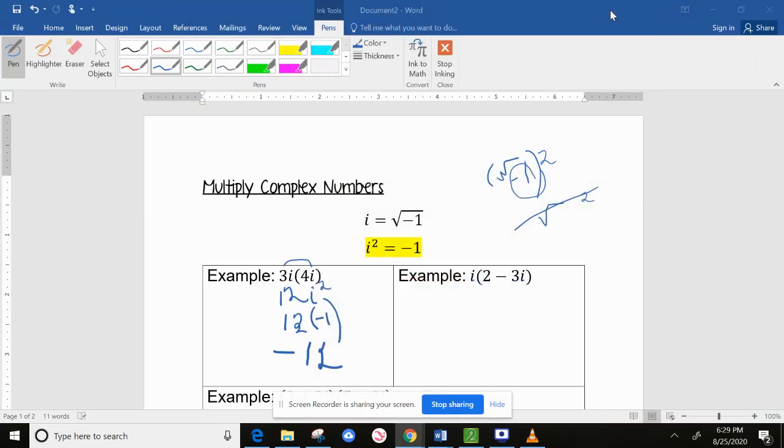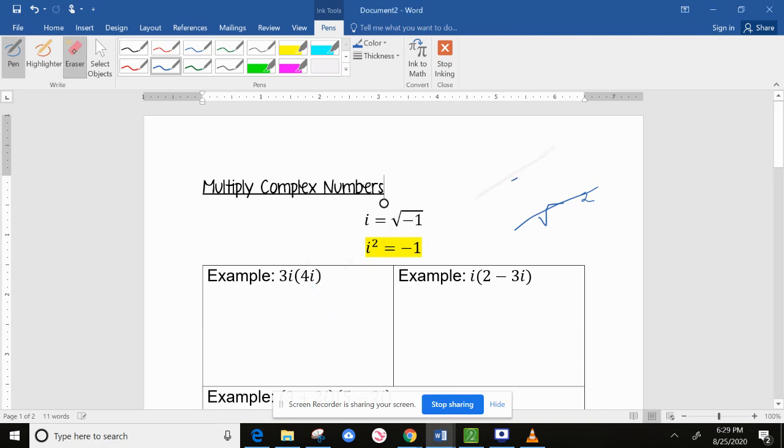Everybody, I'm going to talk to you today about some imaginary number stuff. So, we have already discussed what happens when we add and subtract complex numbers. But we're going to talk about multiplying today. And in order to start that conversation off, we're going to start talking about what i is and what i